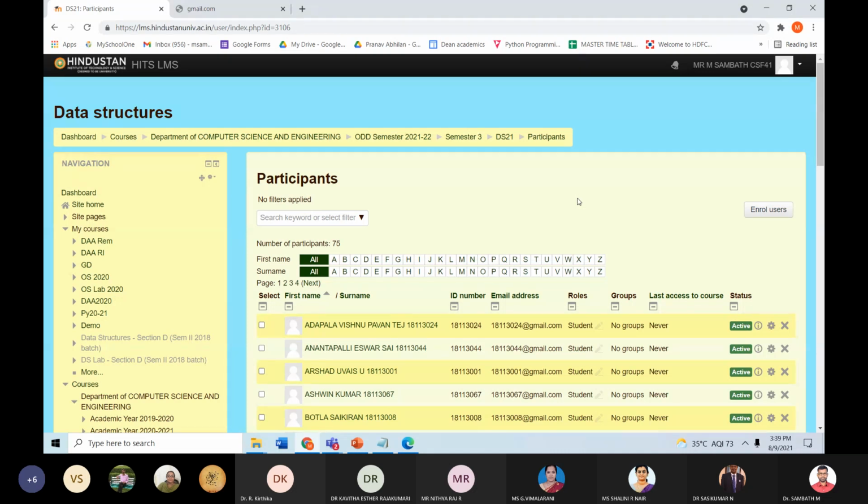So one of the important jobs of the Moodle coordinators is that first you need to collect the student database from your department. Those who are in the second year, you just send the list of second year students now, so that we will create the group IDs. Then we'll send it back to you. Then you will be able to add the students to the course.